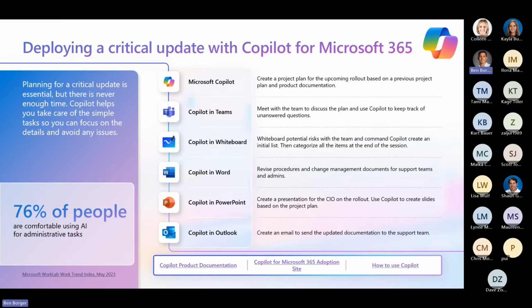Like other areas of the business, IT professionals are often managing multiple projects and responsibilities. Copilot can help by adding structure to tasks such as creating a new project plan based on a previous version and product documentation. Copilot in Teams can help summarize project status, open items, and feed into an issues log based